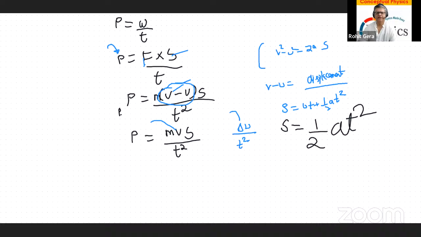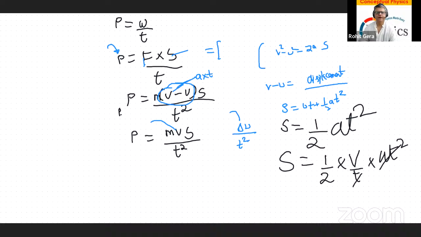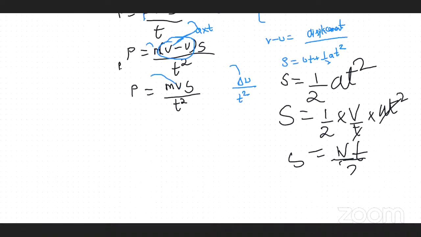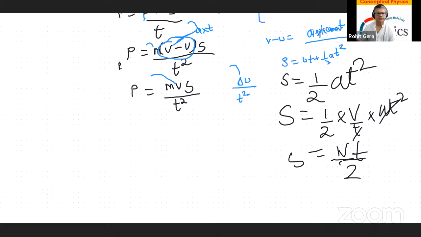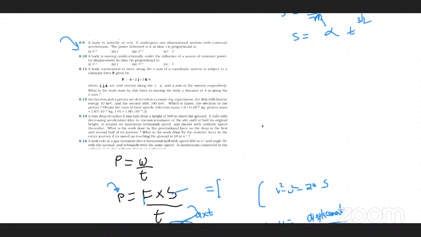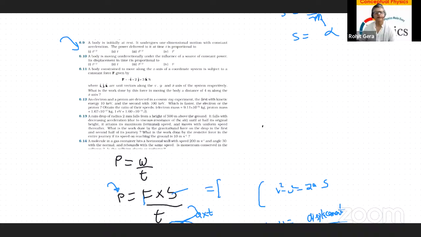चेंज इन वेलोसिटी कैसे निकालोगे? a इंटू t ना, v माइनस u इज इक्वल टू a इंटू t। a कांस्टेंट है, मास कांस्टेंट है, सो v बाई t विल बिकम a। डिस्प्लेसमेंट को भी हम vt बाई 2 लिख सकते हैं। vt बाई 2, s इज इक्वल टू half a t स्क्वायर, स्टार्ट्स फ्रॉम रेस्ट। ओके, सो यू आर डिलीवरिंग, it is proportional to